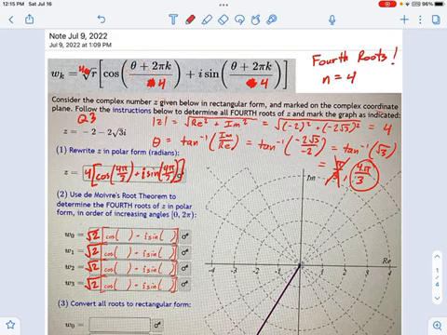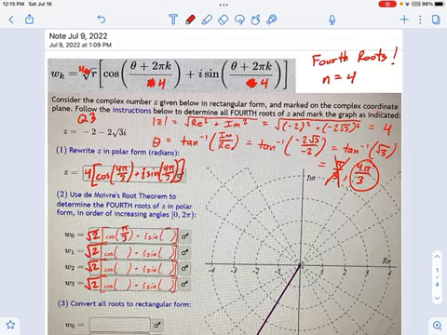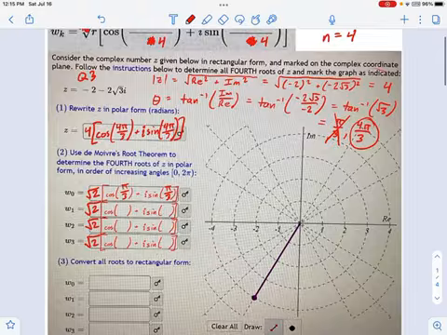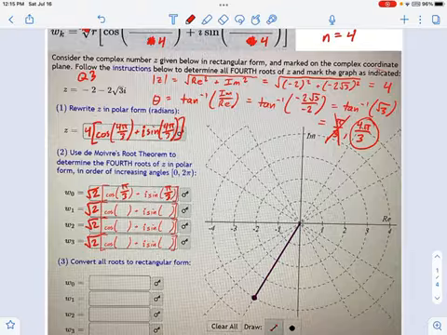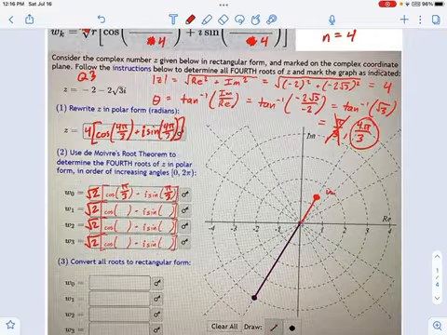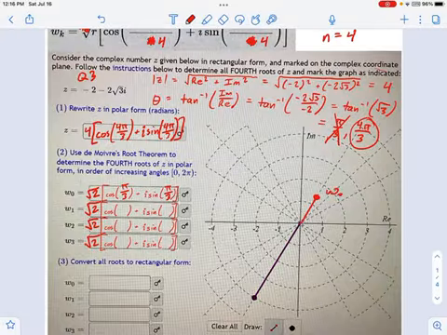What's 4 pi over 3 divided by 4? That is just pi over 3. Okay, pi over 3. That's our first root. And we could plot that on this little graph that we have here by saying, okay, radical 2 is about 1.4, 1.5. So I'm going to, I don't know, there. That looks about good. There we go. That is my first root, W0.